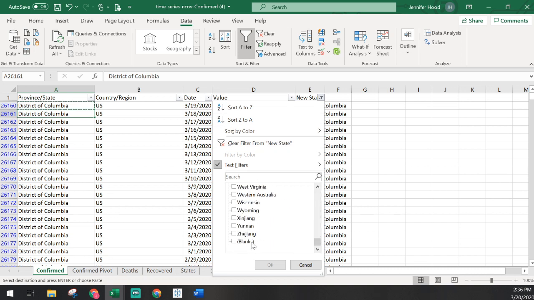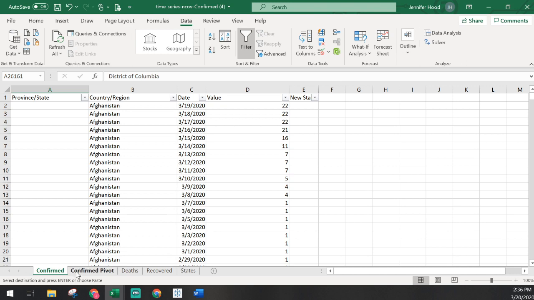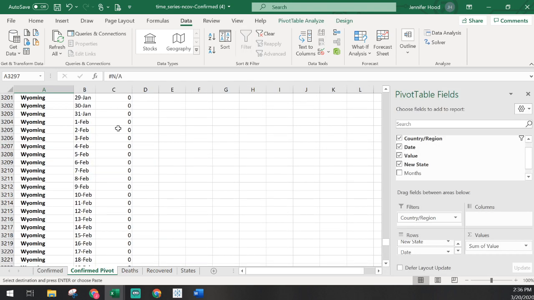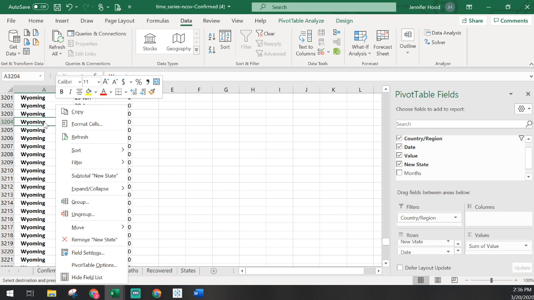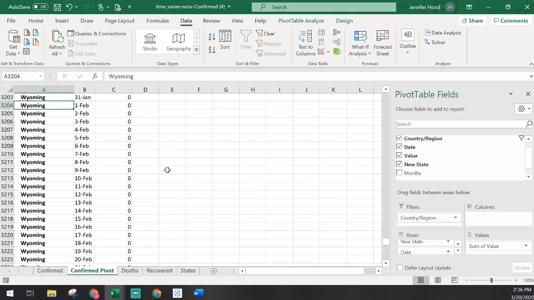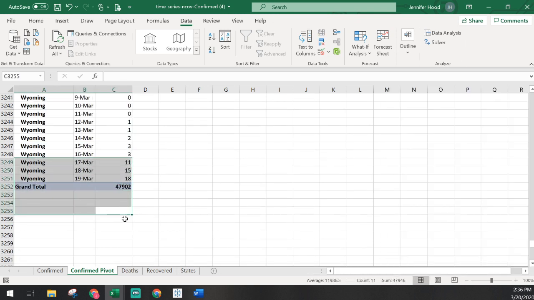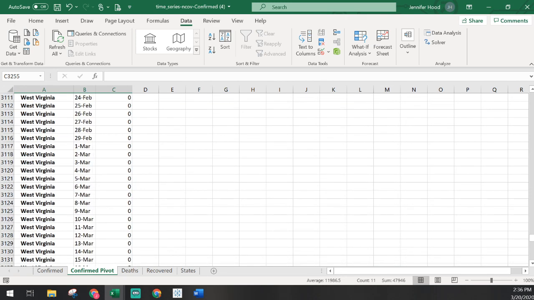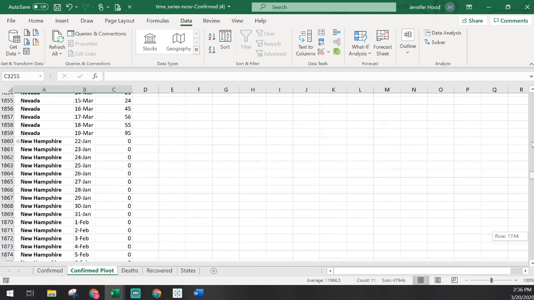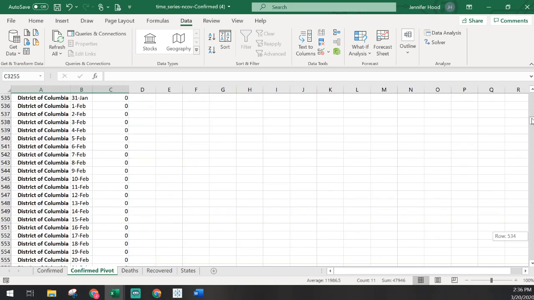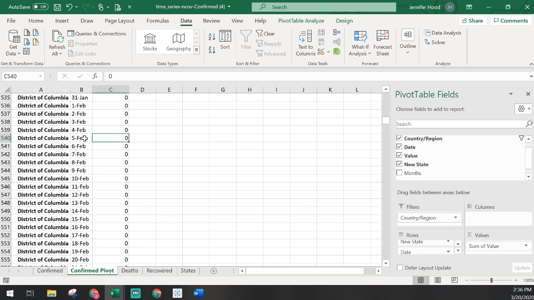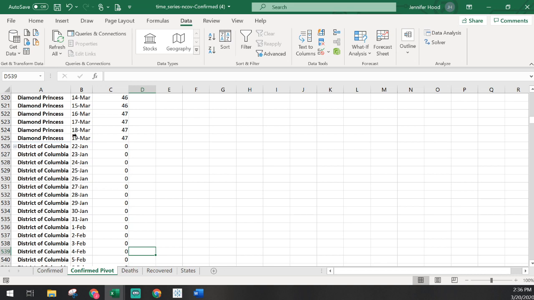That cleared up all of the ones that we couldn't find. So I'm going to reselect all so I can see everything. I'm going to go back into my pivot now and right click anywhere on the pivot and click refresh. And so now I lost all of those hashtag NAs down there, and all those numbers got combined up into these District of Columbia numbers. So we only have one District of Columbia, Washington, D.C., location now. So this is a good start.